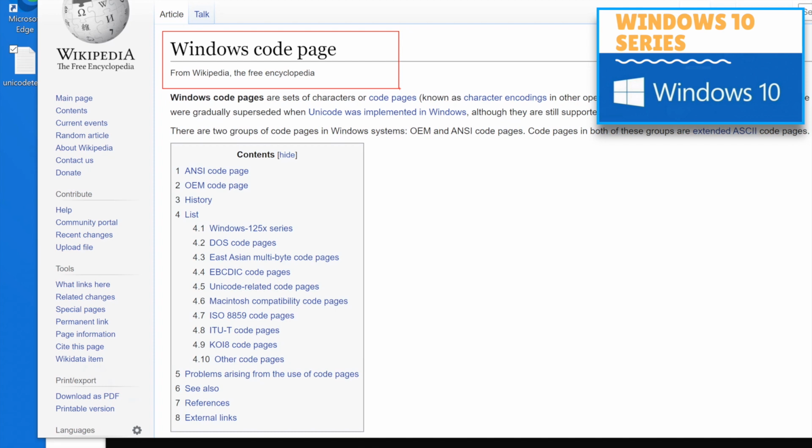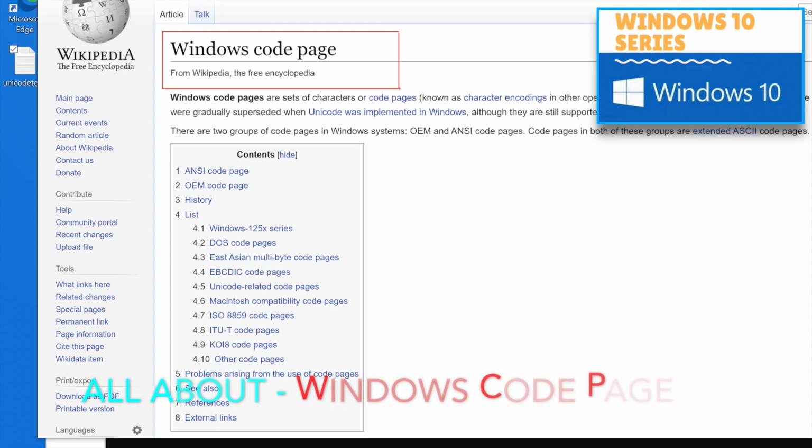For each character, a corresponding number is assigned. For example, the character A has a number like that. So any program or application can easily understand what character it is just by checking this encoding code page.